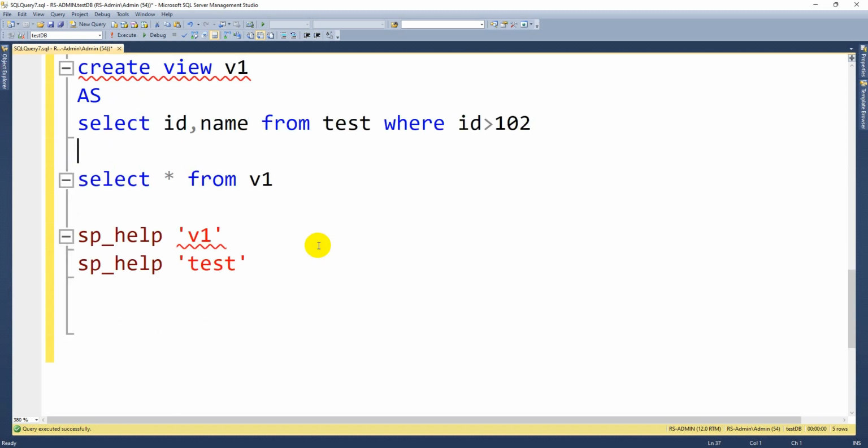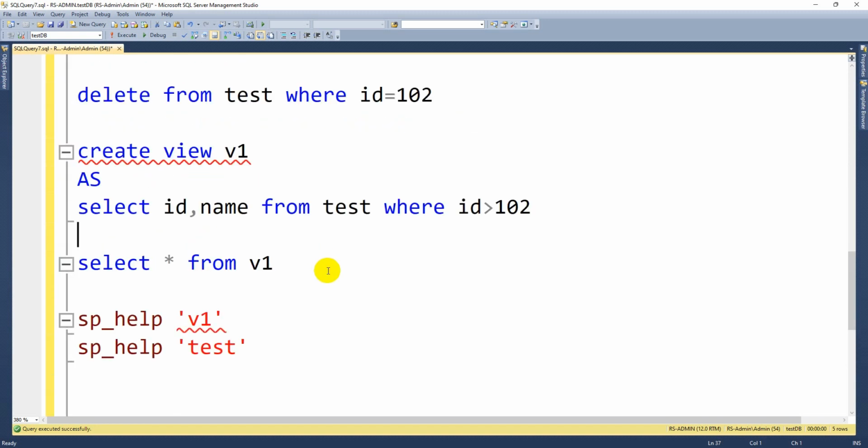So what is the advantage of using views? If you want to provide access to people like a client or testing team or any other person who doesn't have knowledge of SQL syntax, and you want to give access only where they can view the data, they cannot modify, insert, or do anything else. In such a case you can use views whenever you want to give access only to view the data, not to insert, update, or delete. At that time this view will be helpful for us.